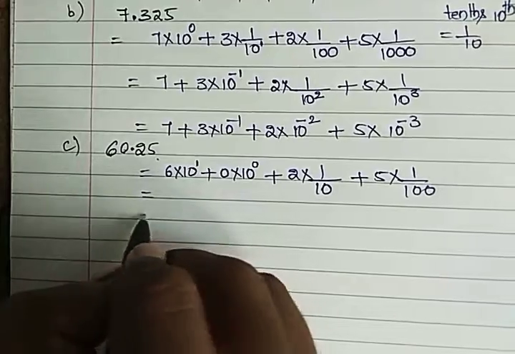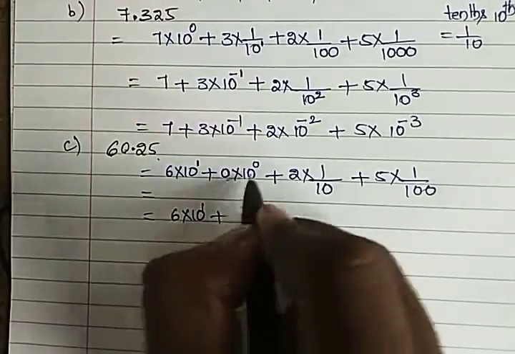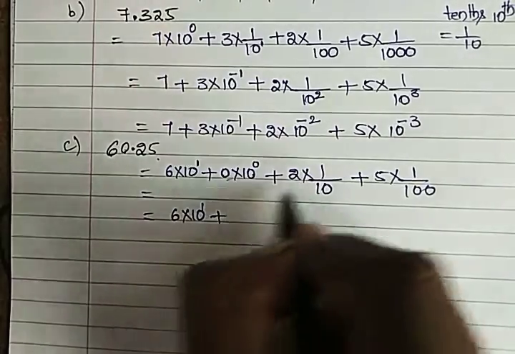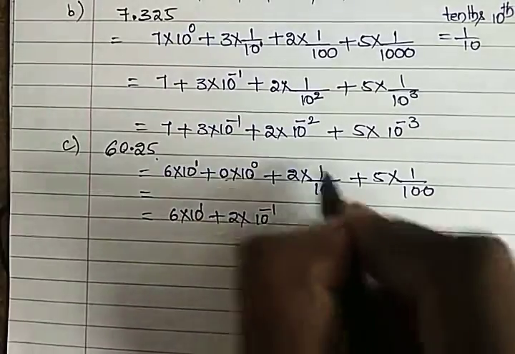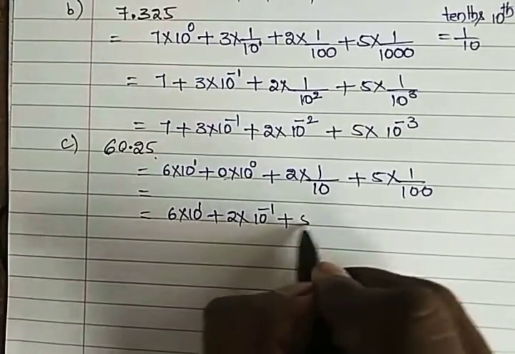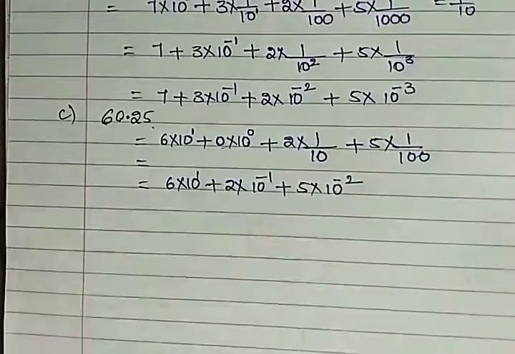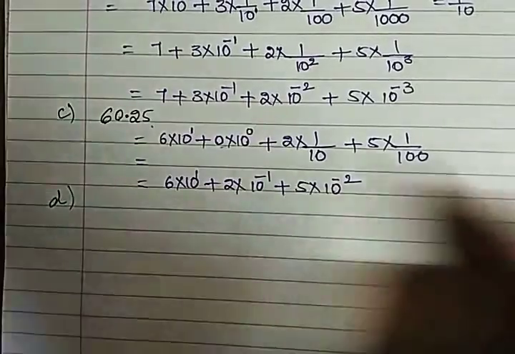So the final answer is 6 into 10 power 1 plus, this is 0. So 0 into anything is 0. I'm not going to write this. 2 into 1 by 10 means 10 power minus 1, 10 comes up. Then 5 into 10 power minus 2. So that's it about C1. The last D of question number 1 is